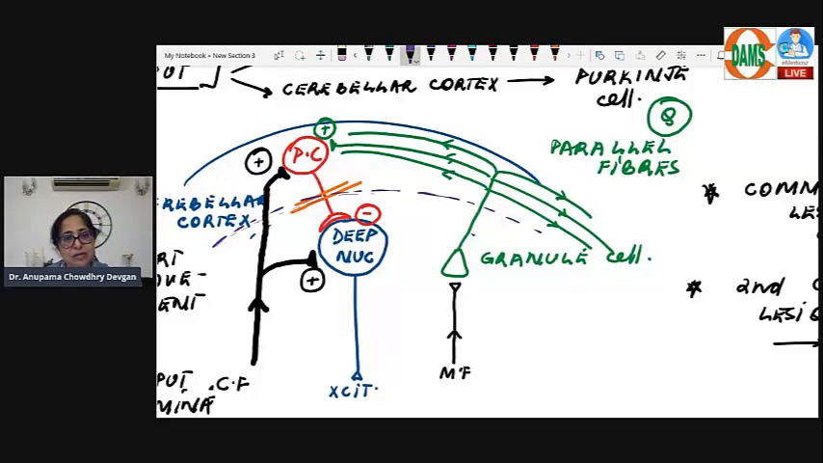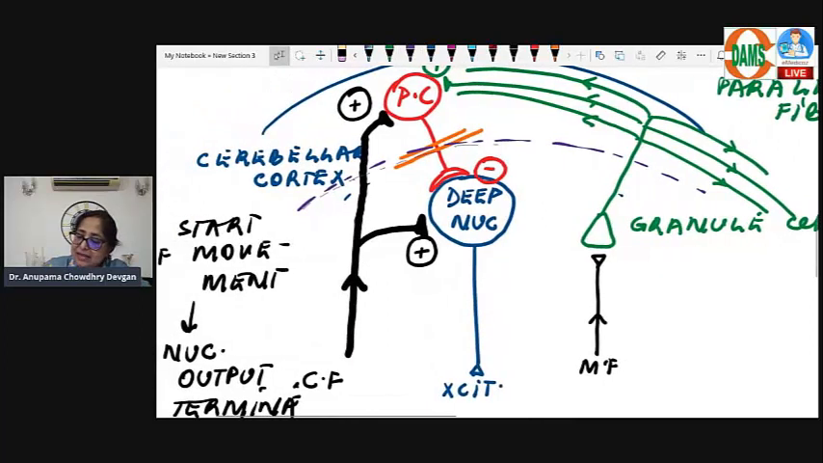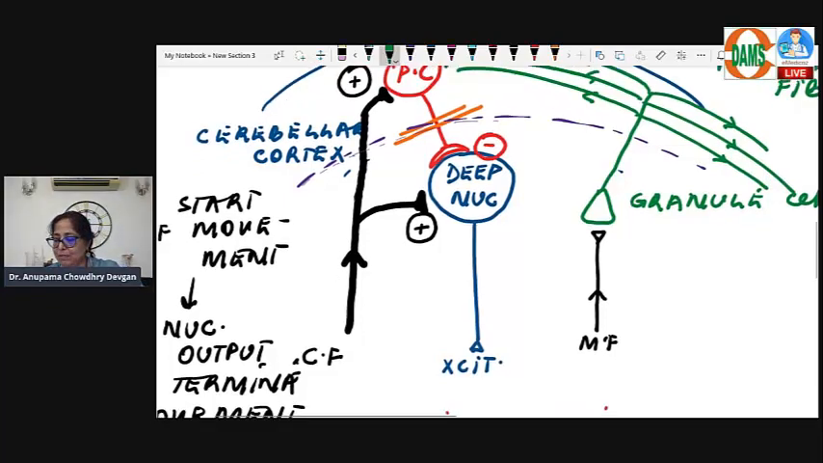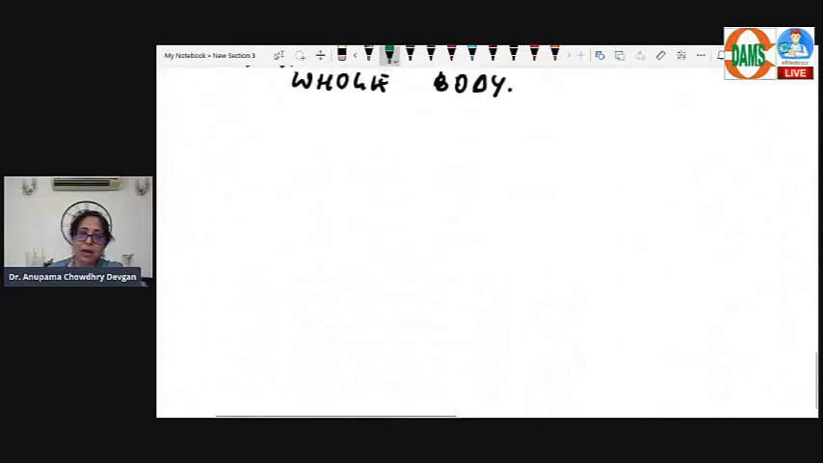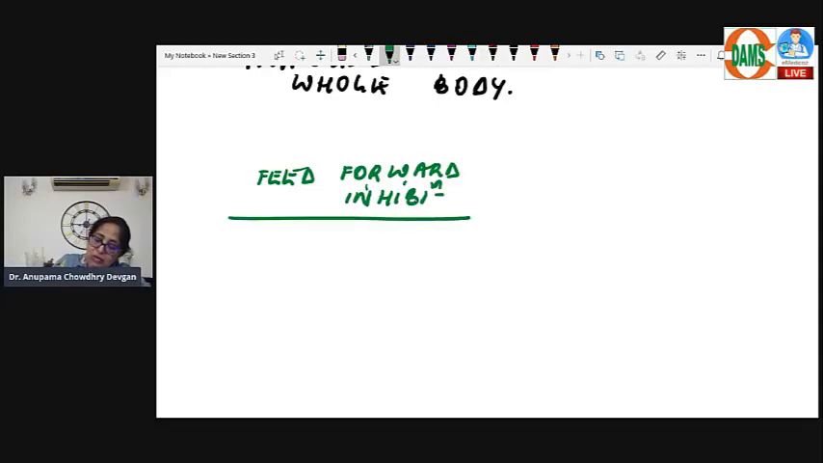Let's see another connection. Now the granule cells, which are excitatory, we have already done that. Feed forward inhibition. If you remember the feed forward inhibition in the cerebellum, I made you write that. What was the feed forward inhibition that you saw? We discussed it at the beginning of this chapter. What is feed forward inhibition? I told you the granule cell excites the